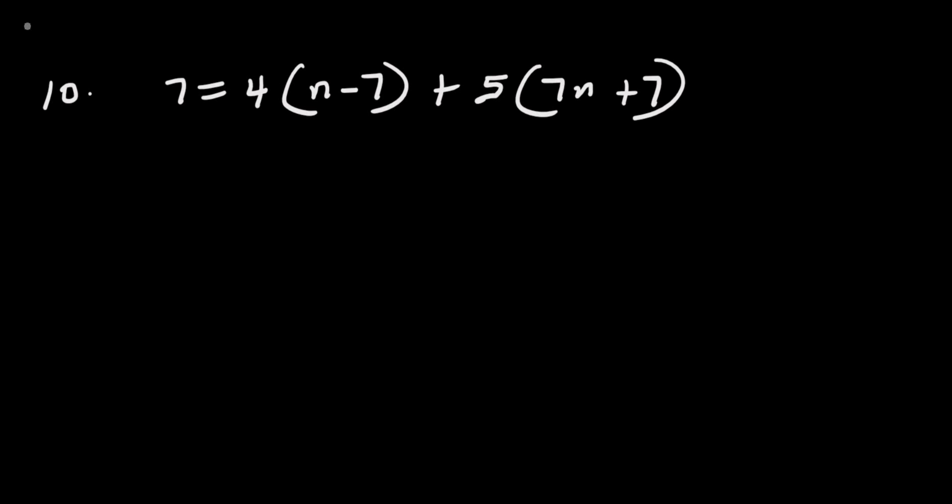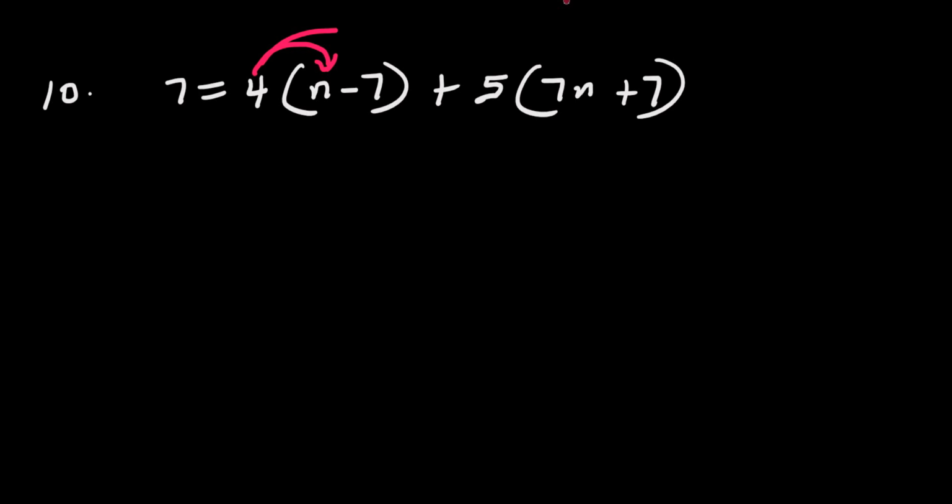7 equals 4 open parentheses n minus 7 plus 5 open parentheses 7n plus 7. Now to solve this question, first we have to clear the parentheses, and we can do that by distributing this